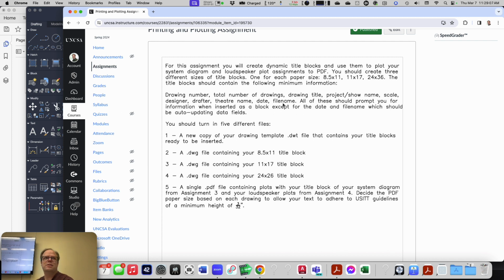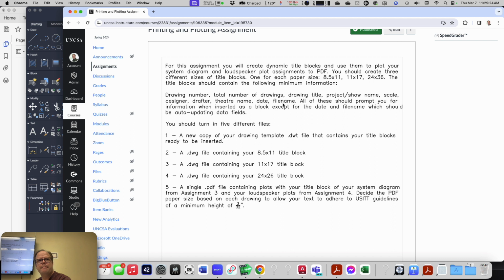I mean, there's title blocks out on the wall here for lighting plots and stuff. Just go see what people are doing, what looks good. You decide how you want to do it. It's yours. Yes. When we're turning in the DWG files of our title blocks, do you want the extra